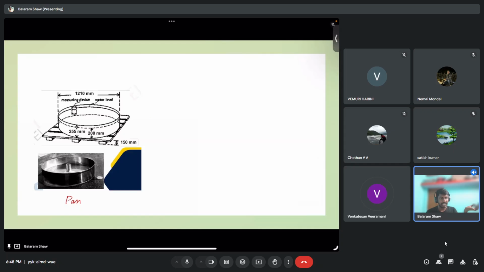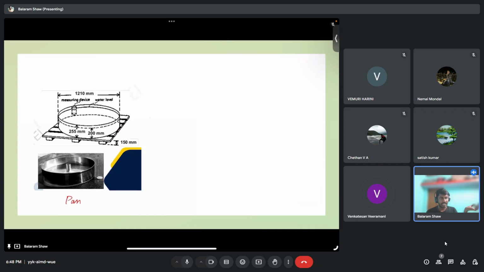And how do we measure the evaporation depth? At the end, the cylindrical thing you can see here has a measuring device. A hook gauge will be there which will measure the evaporation depth. As we learned in the last class, in India at 8:30 we go and measure the precipitation from the rain gauge. Like that, at a similar time we measure this also, and see whatever evaporation has happened. So daily evaporation we can measure from this.